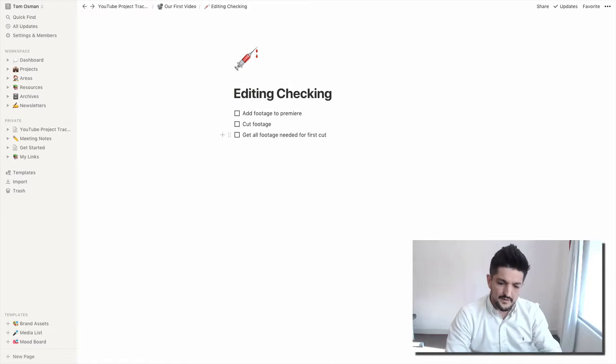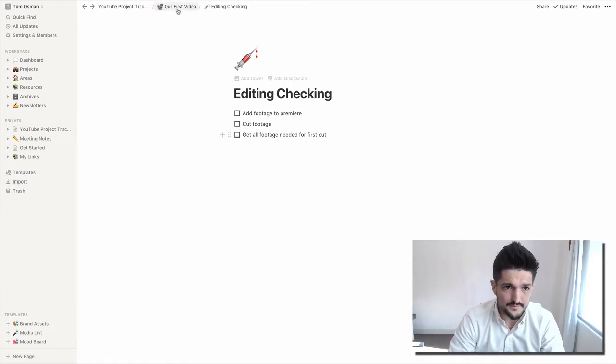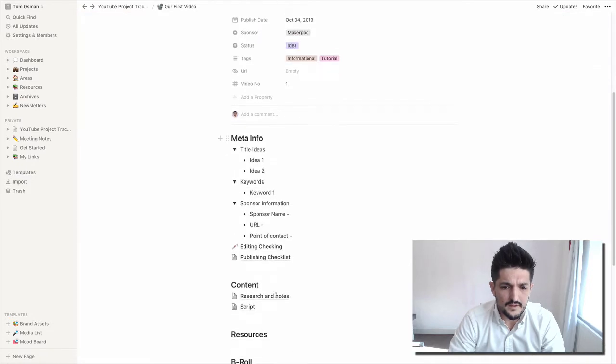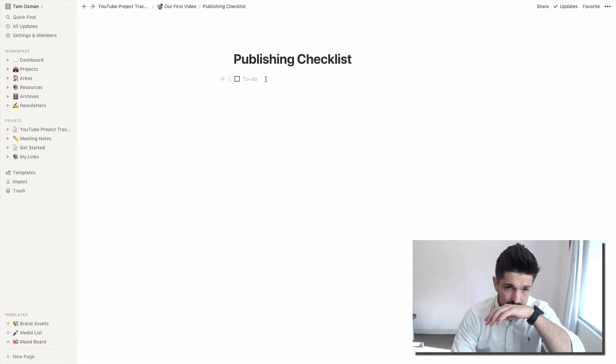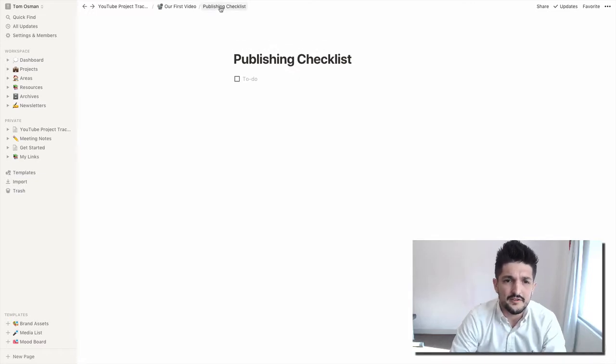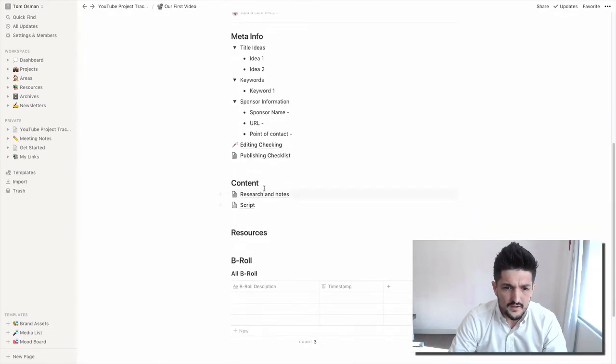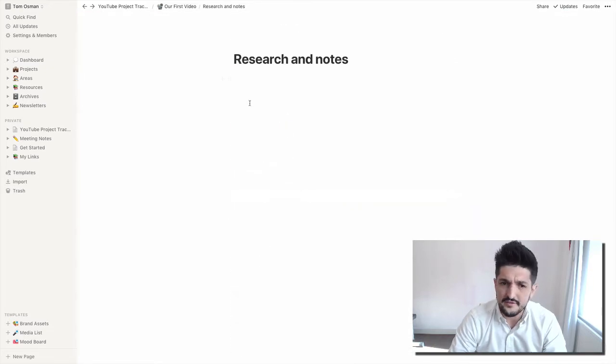You can break this down further into the different stages that you're at with the video. Then publishing checklist, not going to do that, but same again. Once you've gone through editing, you probably create some stuff in the publishing checklist as well. Again, research and notes, just a place that you can put your research into your video, stores it nicely in there. You can add